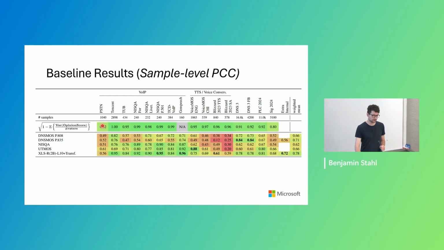And what do we see in these results? So we see that text-to-speech data is generally hard to predict, except for UT-MOS, which was actually trained on text-to-speech data. What we also can see is that DNSMOS and NISCA don't perform really well on the signal improvement task. And as opposed to that, XLSR shows quite good generalization to these tasks, even though it wasn't trained on any of the challenge submissions.